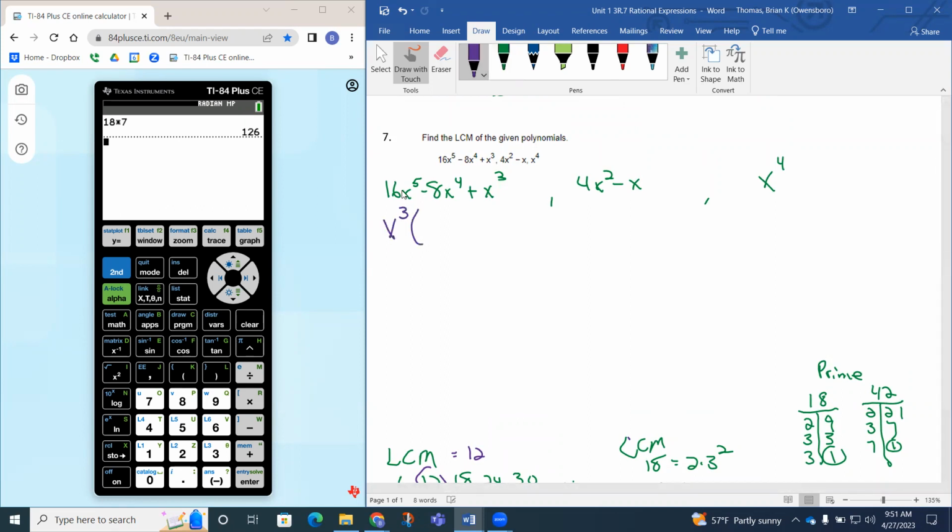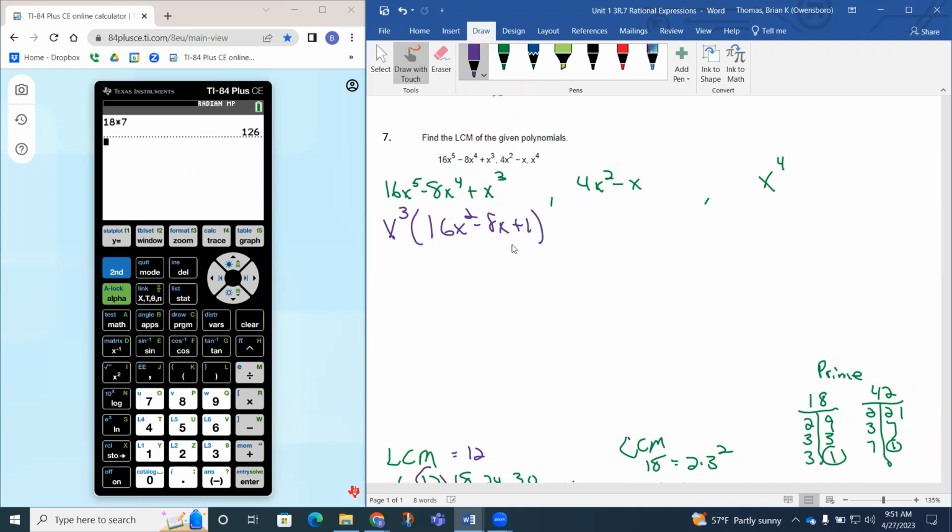So if I factor an x cubed, the 16 is going to remain. This is going to give me an x squared. And this is going to leave me just one of the x's. This is going to be a minus 8x. And then since I pulled all those out, x cubed divided by x cubed actually just leaves me a 1